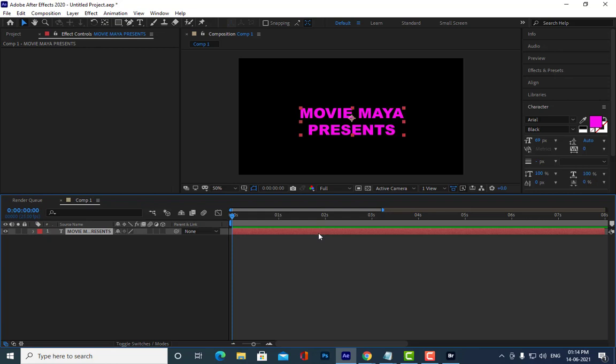Let me ask you one question here. How can we cut this till here, till 3 seconds? Anybody can tell? If I want to cut this till the time indicator. Cut the frame, Alt plus close square bracket. Very good. Others are not telling anything. What happened? Only Nitin is saying. Others are not practicing or what?